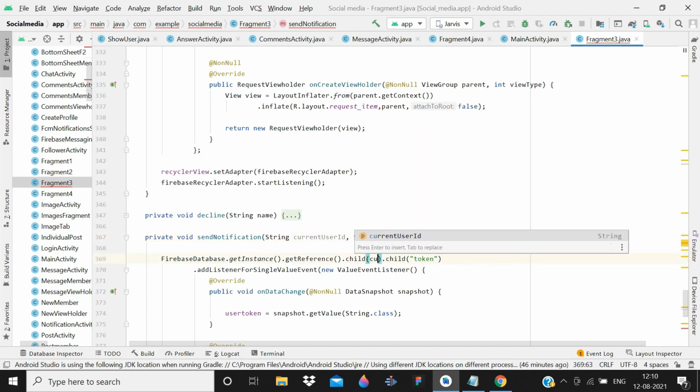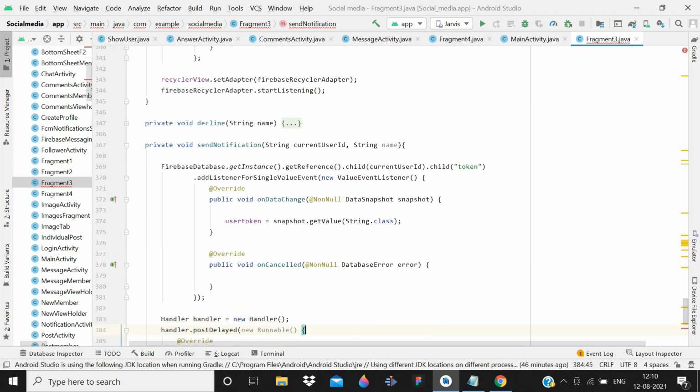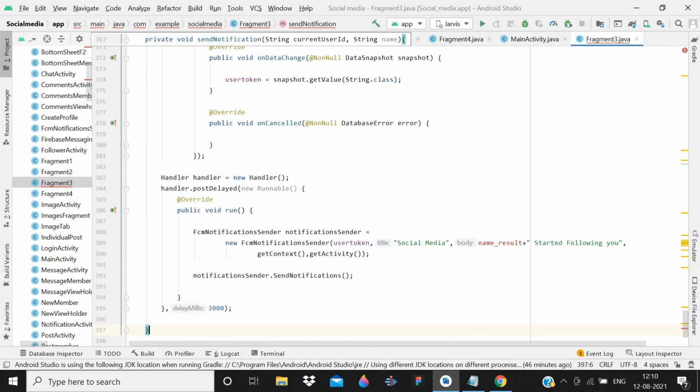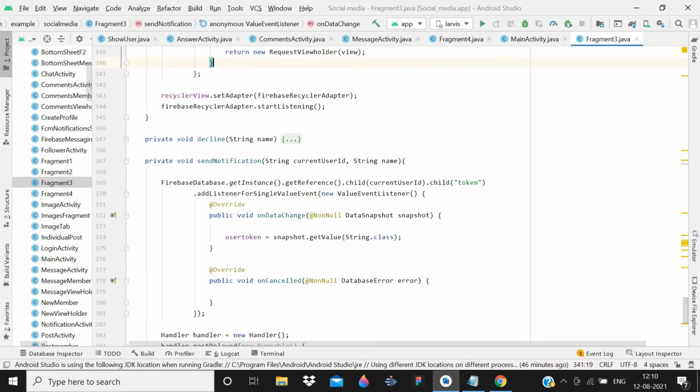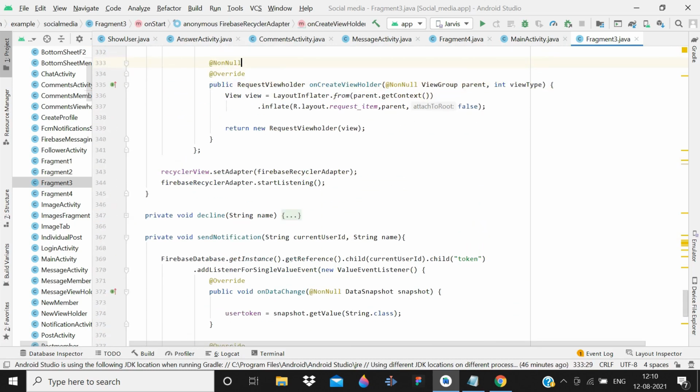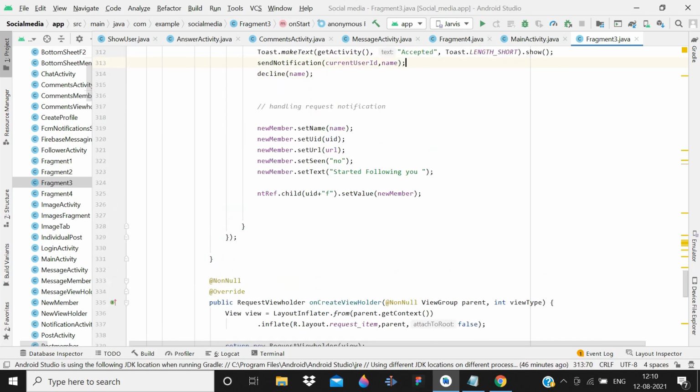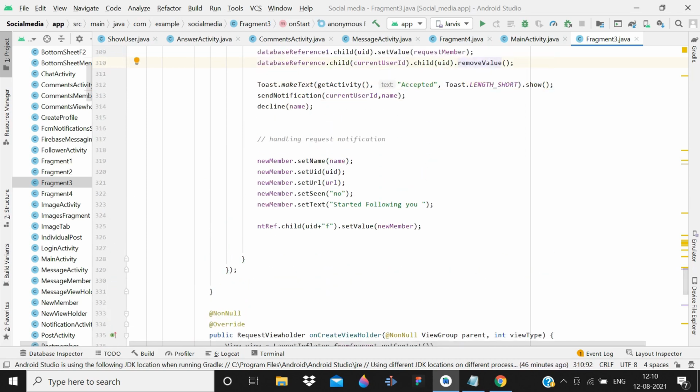So here pass current user id and we are having name, so give name here, yes. So yep, I guess now it's correct. So this time guys, when someone follows you, you will receive the notification whenever you accept the request.